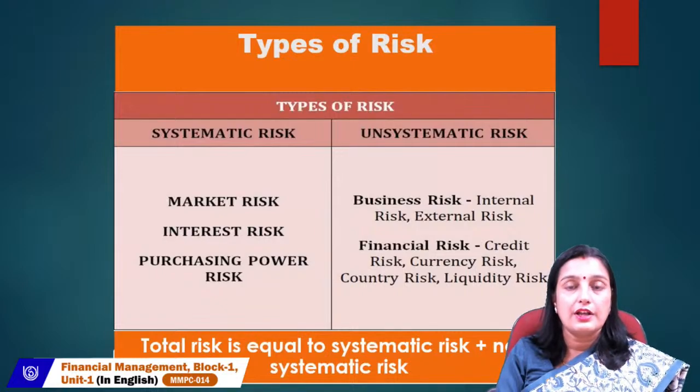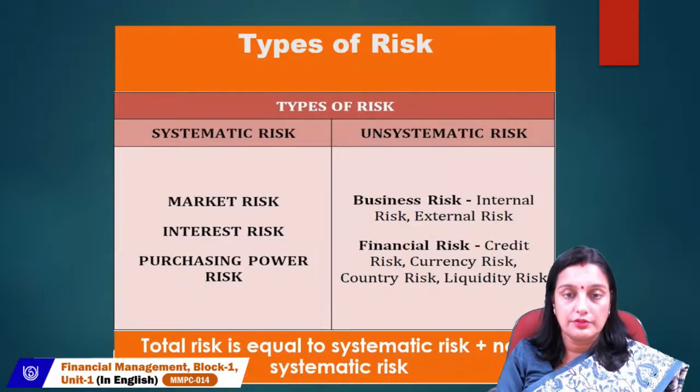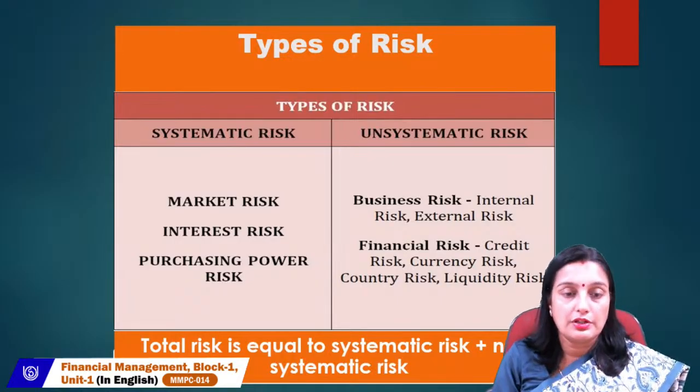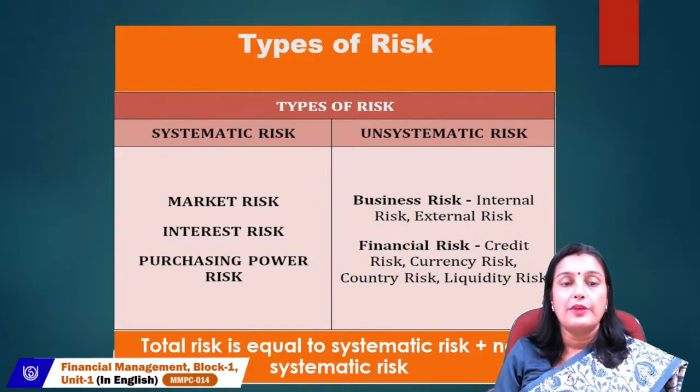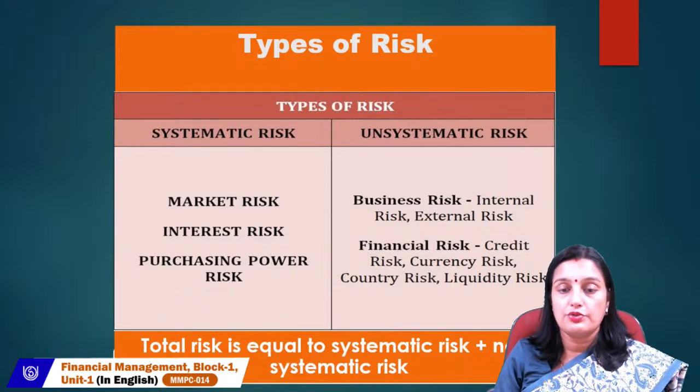Okay, so there are various types of risk which should be analyzed, and which impact the overall investment for businesses, companies and enterprises also. So there are basically two types of risk. One is called systematic risk, another one is called unsystematic risk. The systematic risk is further categorized into different parts: market risk, interest rate risk, purchasing power risk, and unsystematic risk also comprises two parts.